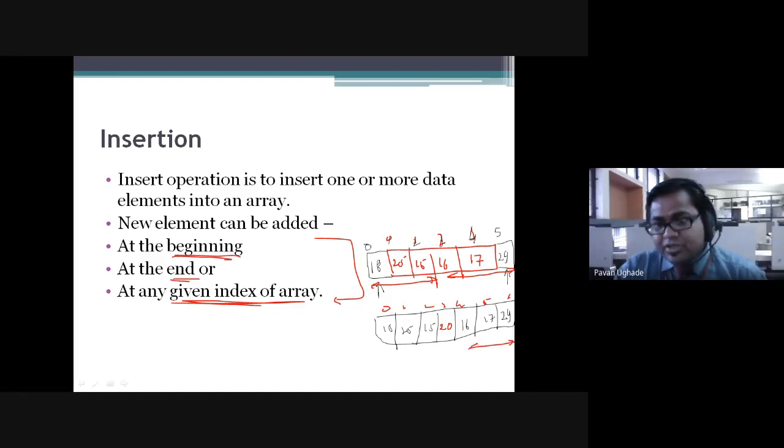The element at a of 3 is now moved to a of 4, and every element from there onwards moves by one index value, because we have added one element in between. So this is the third case, where we are adding an element at a given index in the array, so that the next elements get affected.